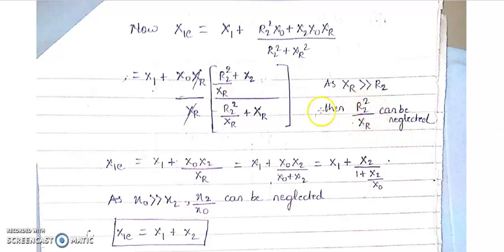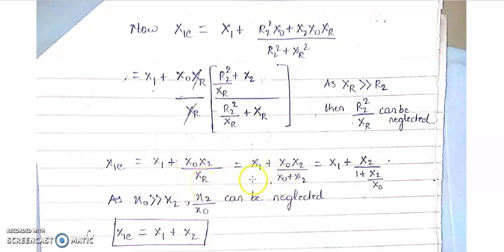Why am I doing all this? Because you can see in the square bracket I'm getting r2 square by xr. So, as I told you, for approximation's sake we are neglecting these two. As I said, the r2 square by xr value will be very less. After neglecting this and this, what happens? x1 remains as x, whereas x plus is plus x0, is x0, and this will turn to 0 and this will turn to 0. So finally what remains in the bracket? x2 by xr. So it is x0 x2 by xr.